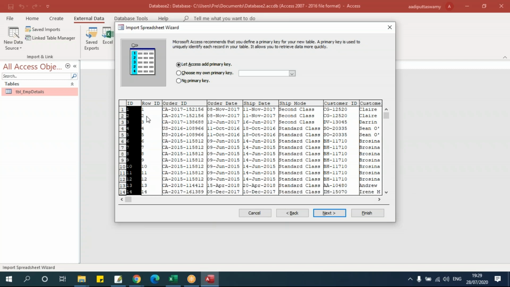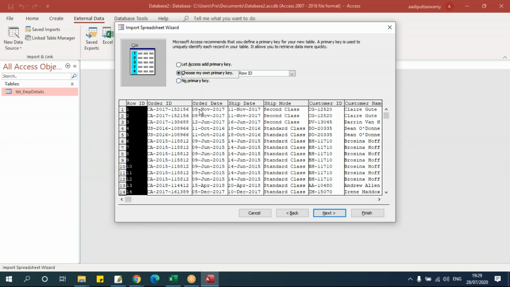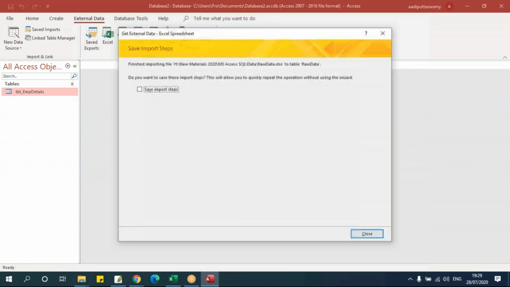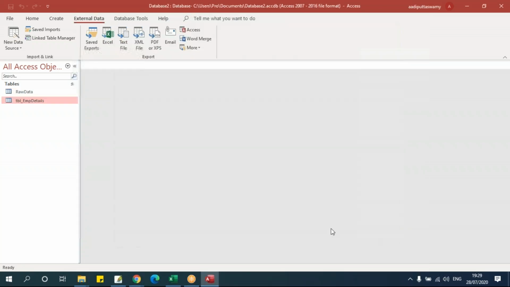But if I already have a primary key, then select this, choose my own primary key, and I can select any of the primary keys here. Suppose you think that I don't want a primary key for this table, let's say no primary key, and I'll say next. Then last, for the table name, it will give me the default sheet name, whatever we have imported. I'll say finish. The entire table will get imported here.